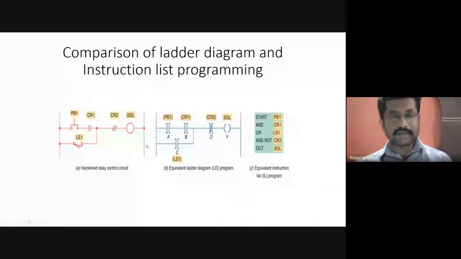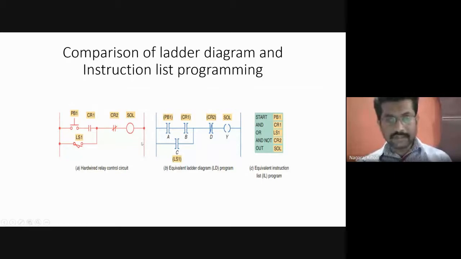The same relay control circuit is represented in the form of the ladder diagram like this. This is how we represent the contacts in the form of a ladder rung, the relay contacts on and off. Then the solenoid we represent in the form of a circle, or in the form of opening and closing brackets, the solenoid valve.